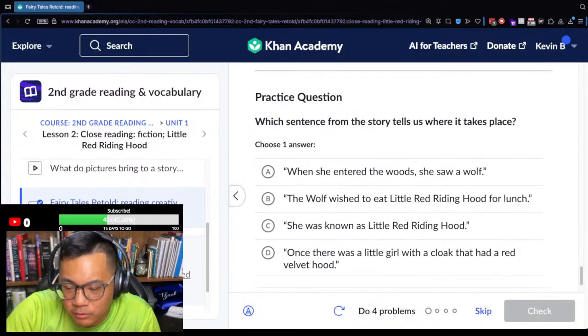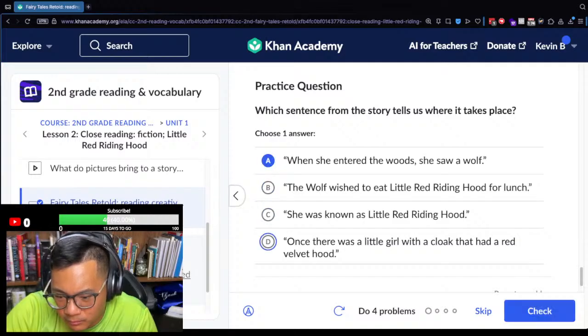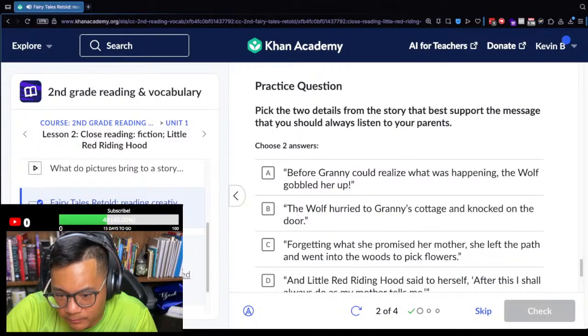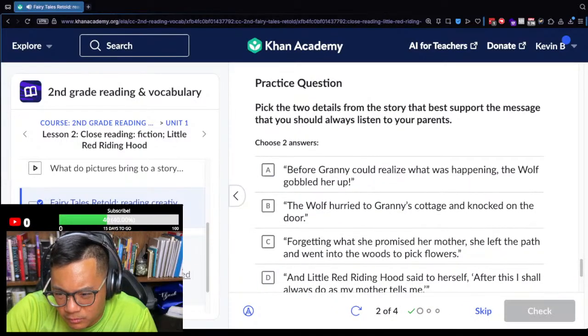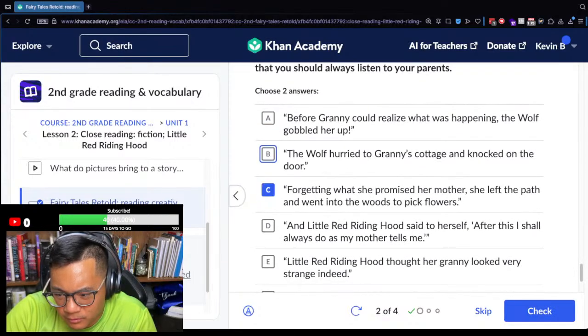Which sentence from the story tells us where it takes place? When she entered the woods, she saw a wolf. No. Pick 2 details from the story that best support the message that you always listen to parents. Forgetting what she promised her mother.